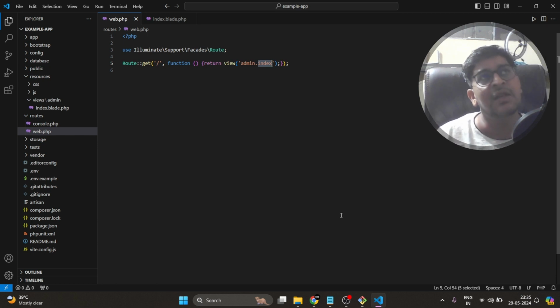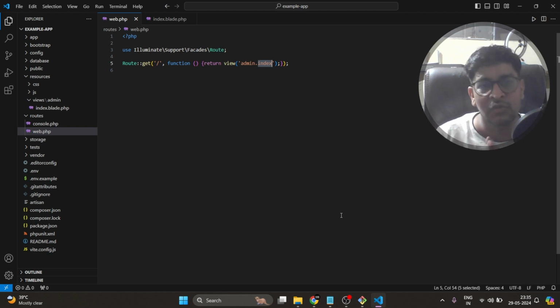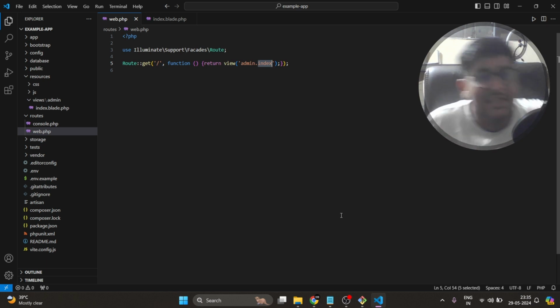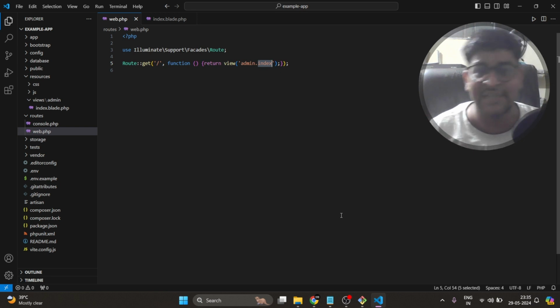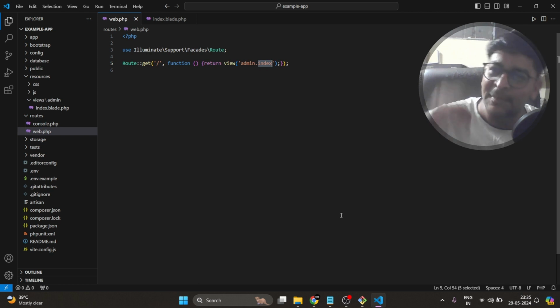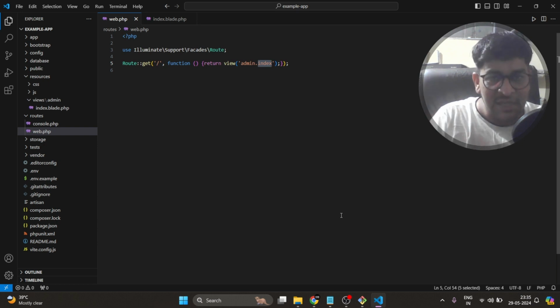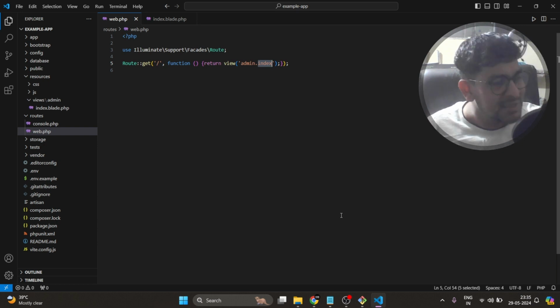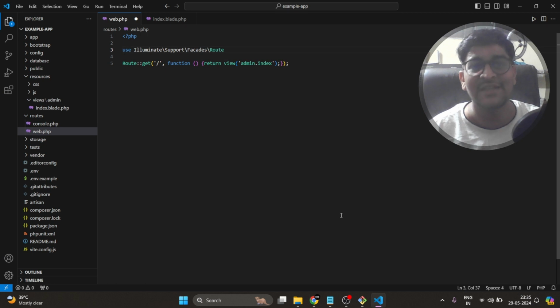That means if the file exists inside the admin folder, we write admin dot that file name, and we can access it. If you can answer like this, the interviewer will understand you have knowledge of core concepts. I have seen many people who cannot even answer what the dot slash represents, which is your current directory. They cannot understand that, which is a simple thing, and you should know about it, because that is the actual functionality.